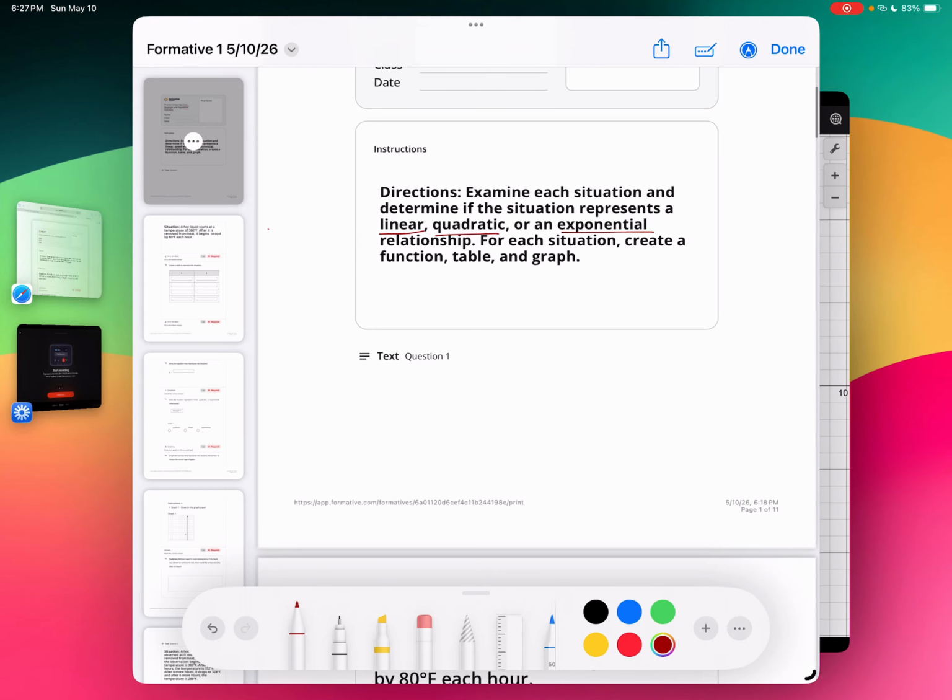exponential. Linear is y equals mx plus b. Quadratic is y equals ax squared plus bx plus c. And exponential is y equals a times b to the power of x. For each situation, you're going to create a function, a table, and a graph. All right, so